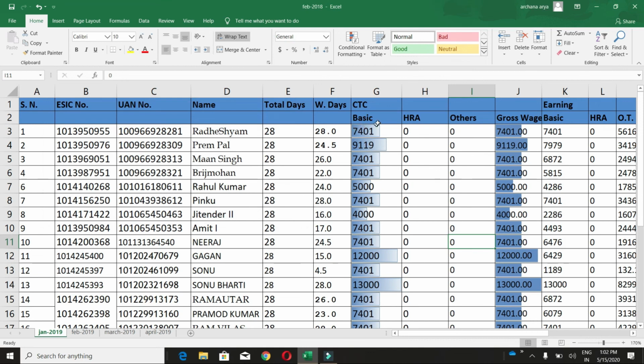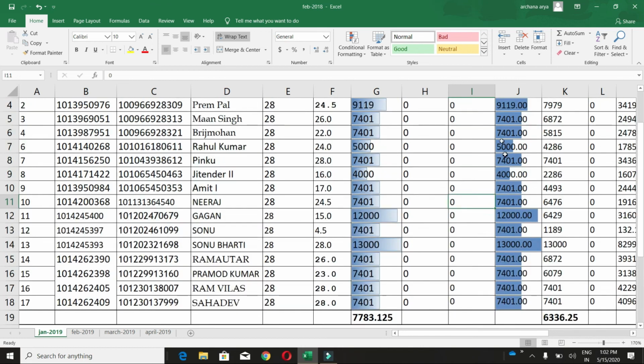And the larger the size of the pattern, the larger the value. See the 12,000, the pattern is bigger. For 7,000, this pattern is less. So guys, this is the difference between the two things.